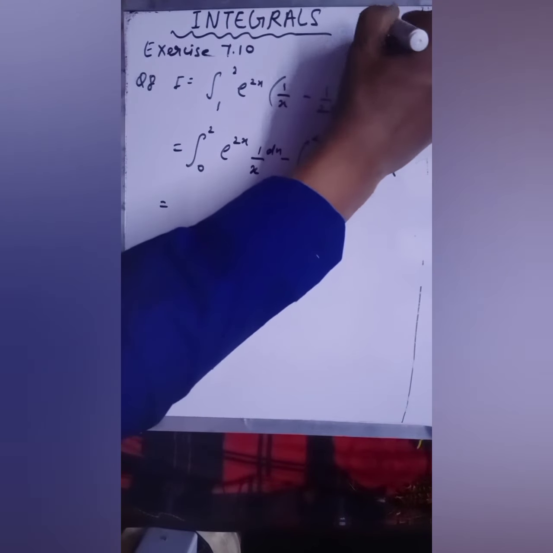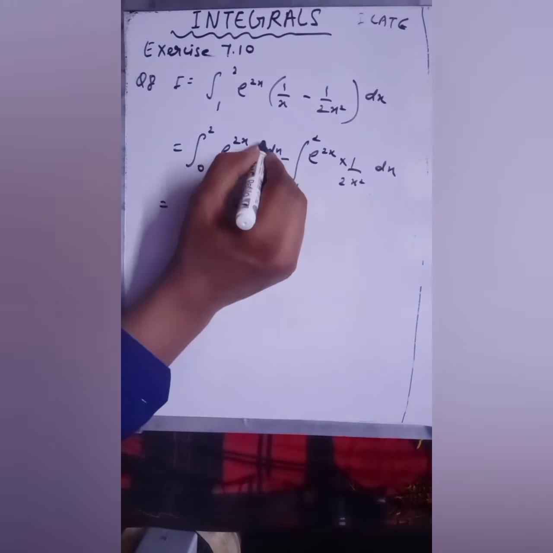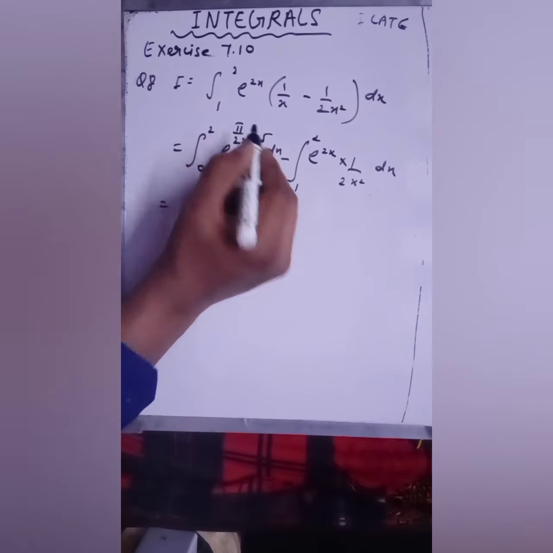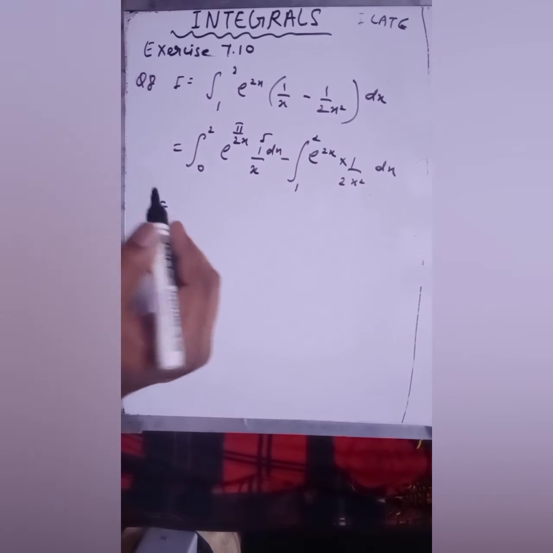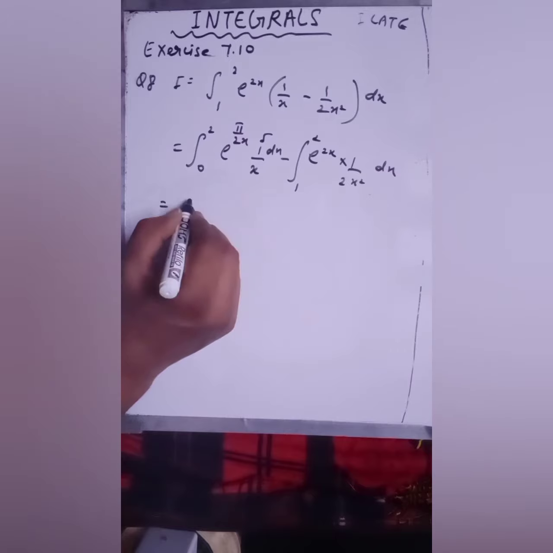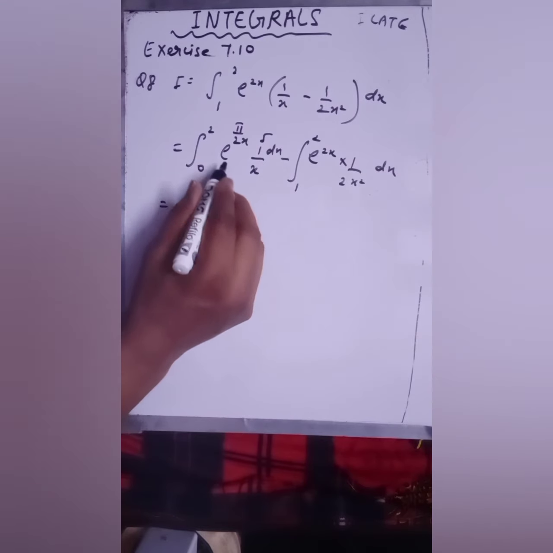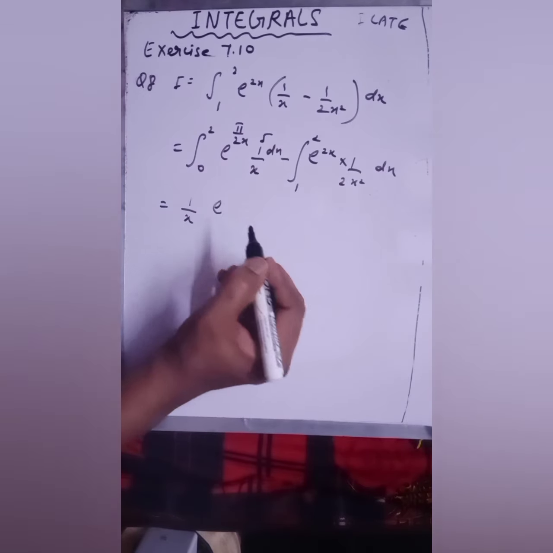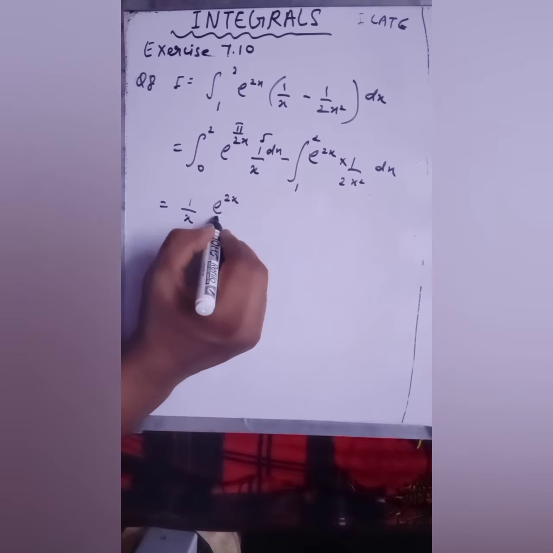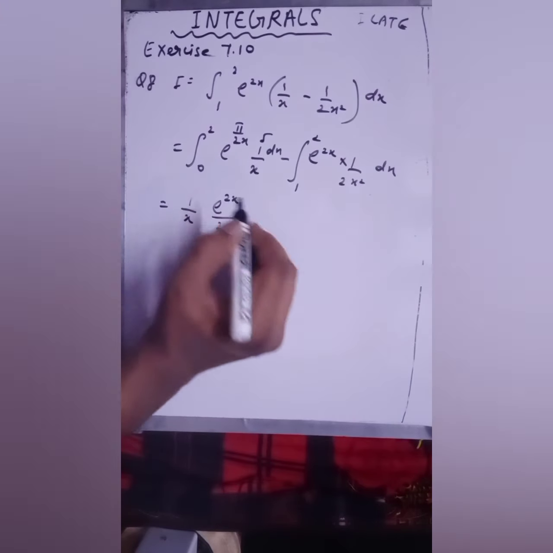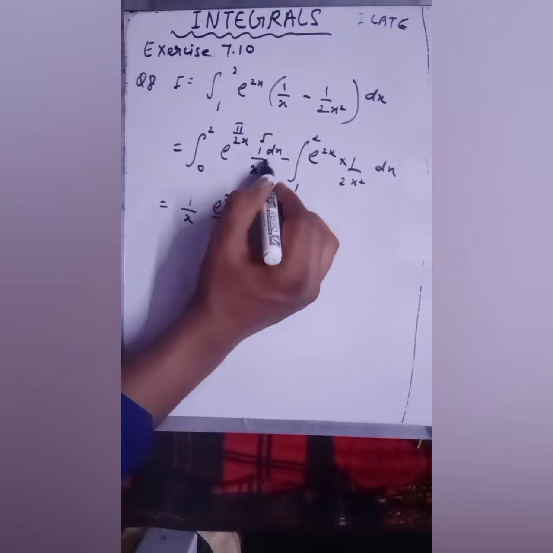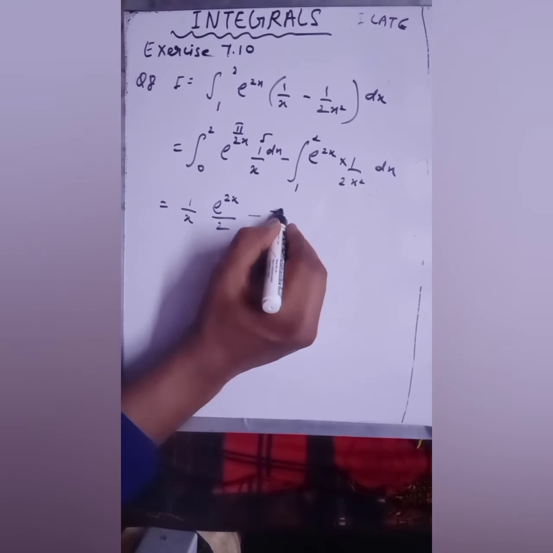So ILATE, so 1 by x is your first function, this is your second function. So your first function will remain the same, integration of second function according to the formula. So it will be e raised to power 2x over 2 when you do the integration, minus derivative of this 1 by x. The derivative of this would be minus 1 by x square